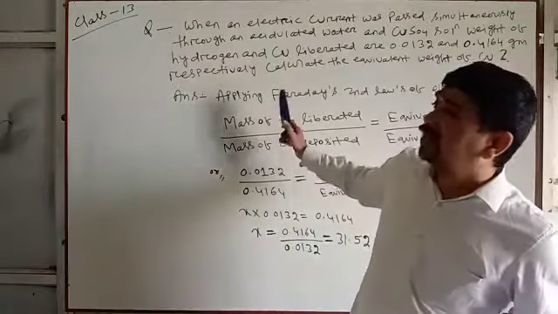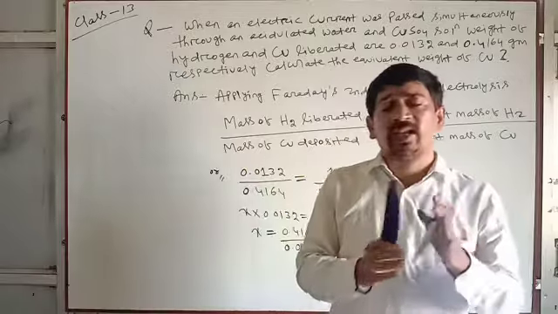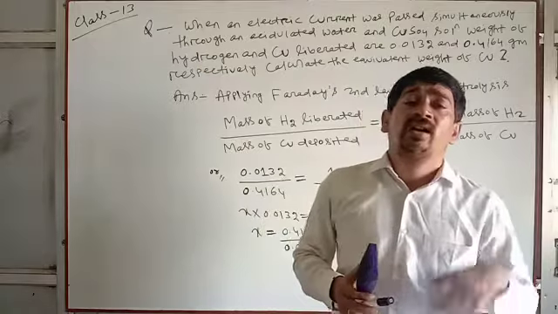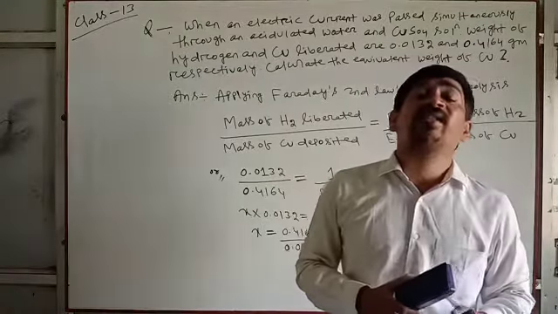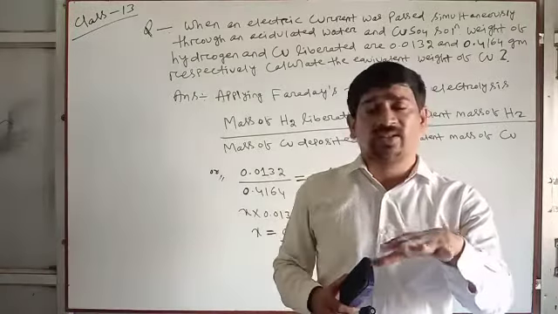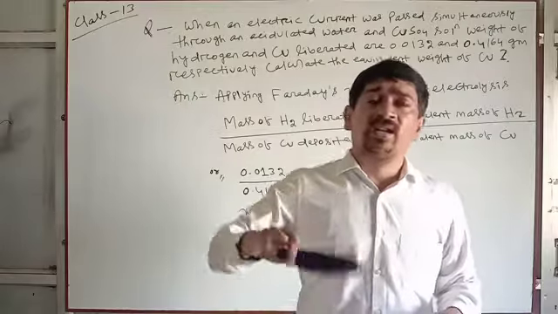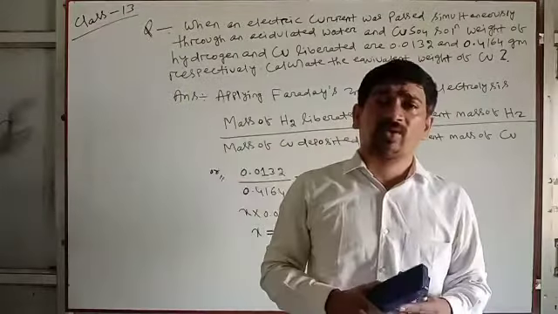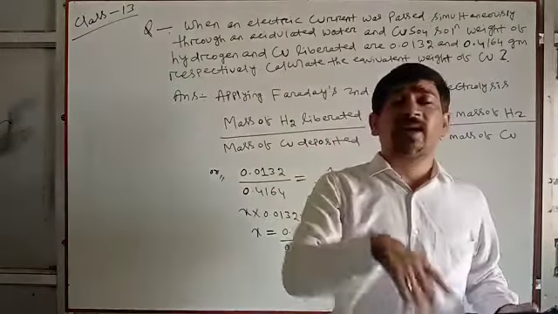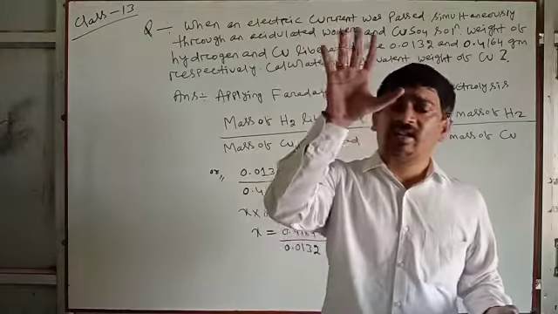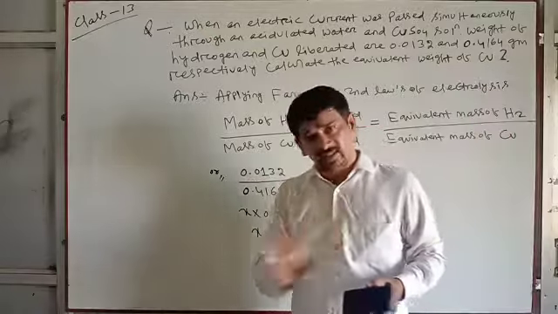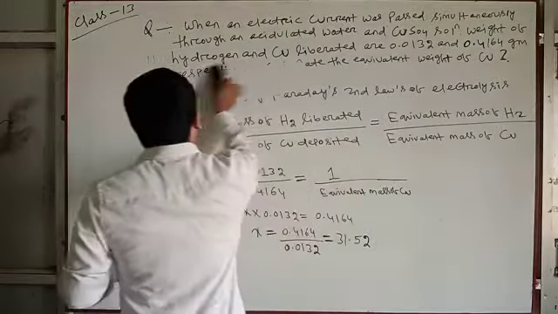Next we will discuss electrochemistry, which has parts. One is the conductance part, another is the electrolysis part. Next is the cell part, and last the cell part with its equation. In advanced level there is another part, the corrosion part. So electrochemistry is generally divided into 4 parts: conductance, electrolysis, cell, and corrosion. Corrosion has already been discarded from your syllabus. So next part is what we have to do.